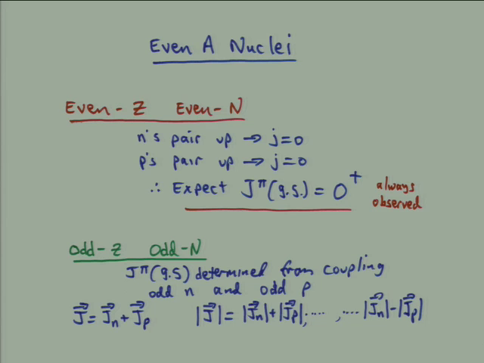And so the magnitude of this resulting spin J for the nucleus can range from the algebraic sum of the magnitudes of the spin of the neutron and proton down to the difference in the magnitudes. And every possible step in between in units of 1 h bar is possible. So you can't necessarily predict with 100% certainty what the spin in an odd nucleus will be, you could at least give a range